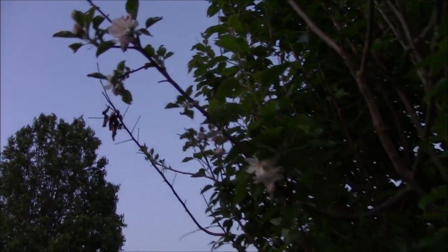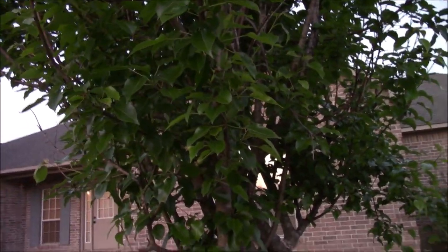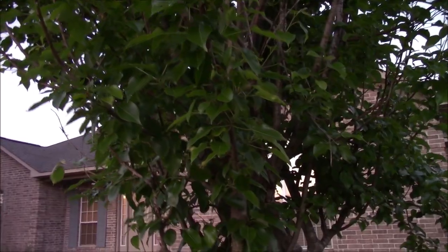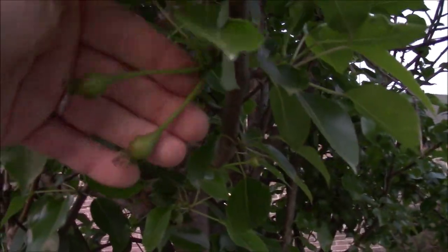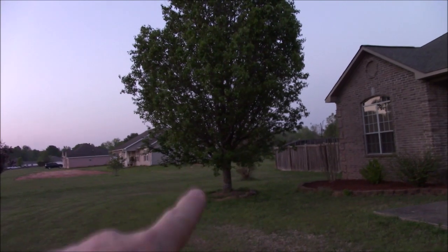So there's not many apple leaves yet, but when it flowers out, or when it leaves out completely, I'll pull an apple leaf and a pear leaf off of here and we'll compare it to the backyard apple and pear leaves, and you'll be able to see for yourself. If you look here, you can see little pears are starting to grow already. So we're going to have some pears on this one, not nearly as many as there was on that one